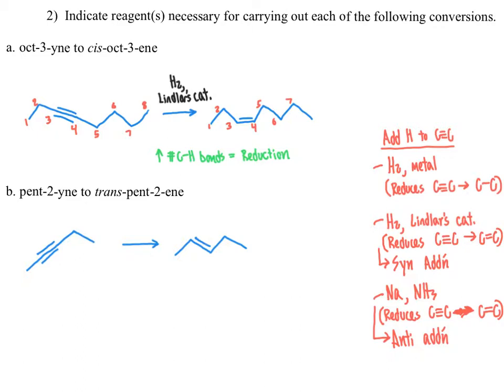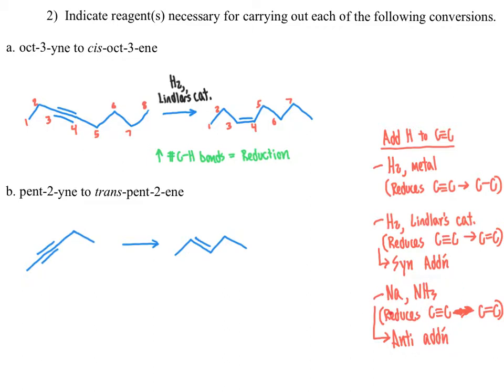Now, at this point, we think about the relationship between our starting material and our product, and we ask, what is going on here? So what's going on here is we are adding hydrogens across the carbon-carbon triple bond to give an alkene, and we are doing that in a fashion that would be anti, because we are making the trans product. We're adding one hydrogen here facing upward, the other one facing downward here in the product. And so, consequently,